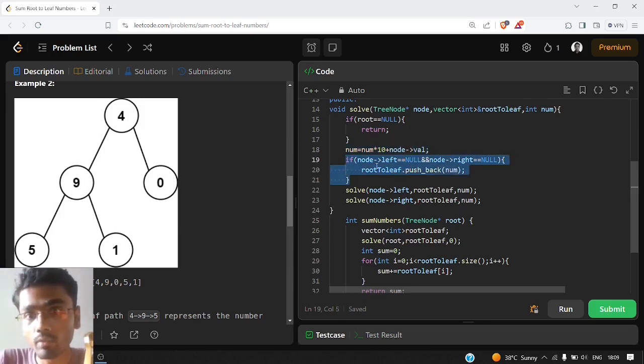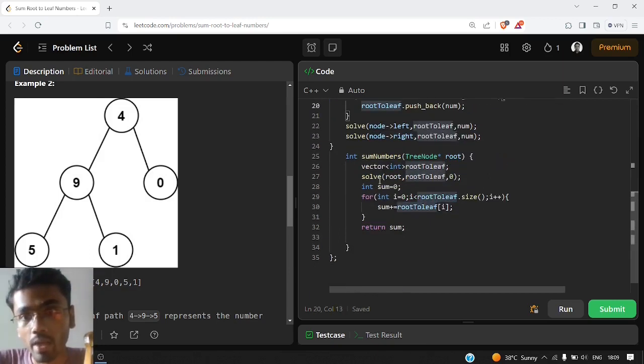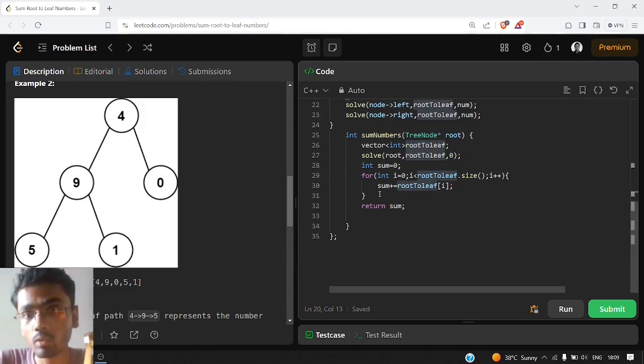Once we reach the leaf node, our root to leaf number is generated, and we will store that number in our vector root to leaf. Otherwise we will keep going to the left child as well as right child until we get to our leaf node. And once we have generated all the root to leaf numbers, we will take the sum of all of them and return that.